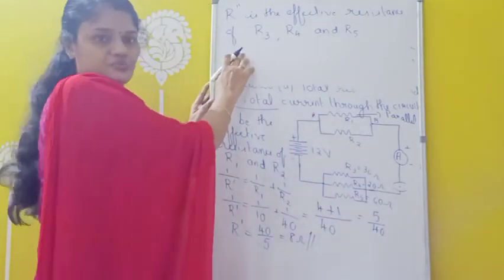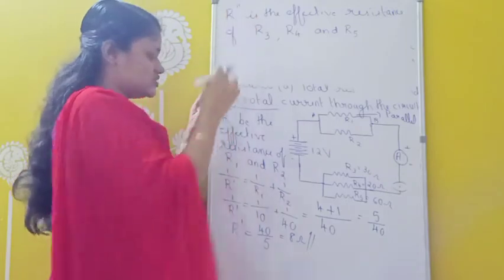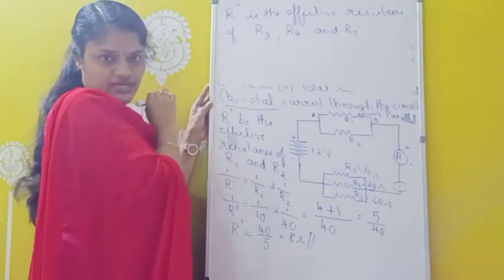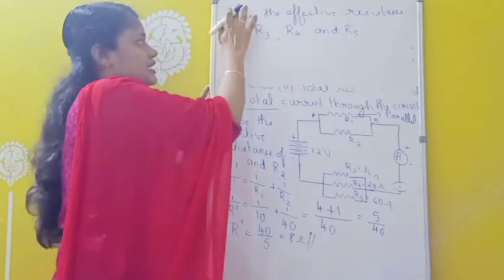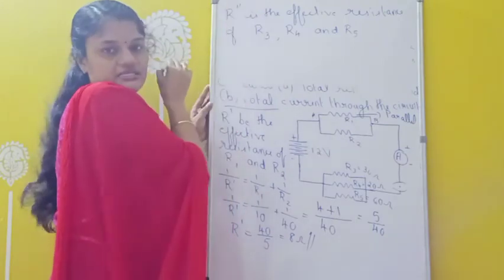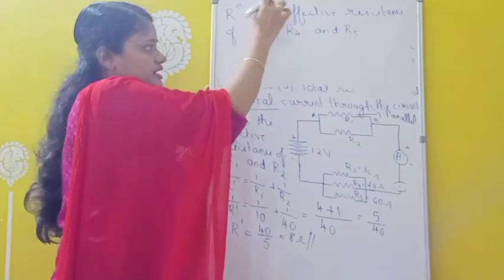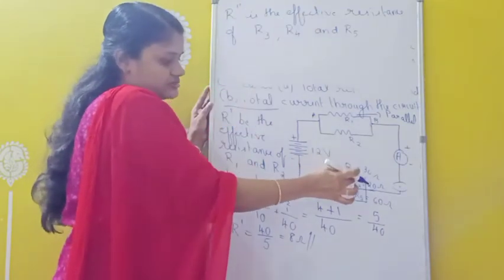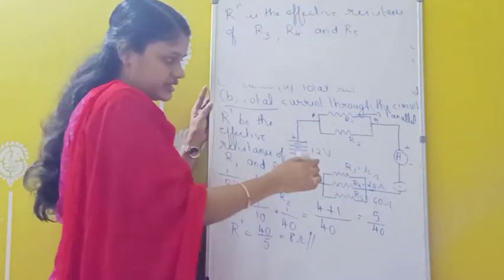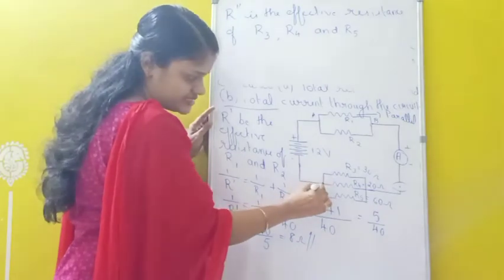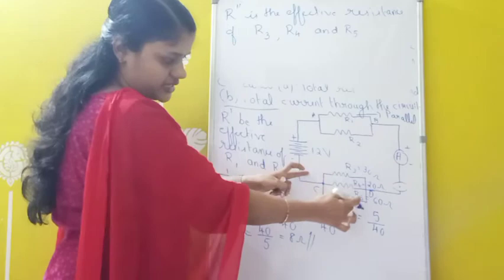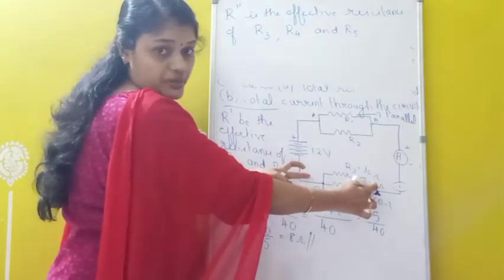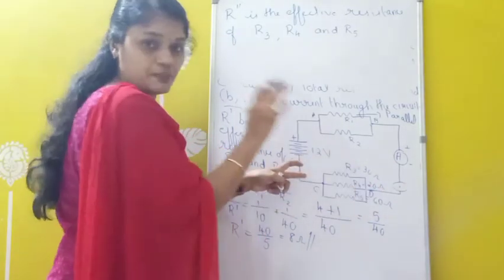Okay. So now suppose I am taking R double dash. So this one I am taking is R dash. That is the effective resistance of R1 and R2. Now this R double dash, I have to give some name. That is why I am giving R double dash. So R double dash is the effective resistance of R3, R4 and R5. And here also suppose I am taking these two terminals as C and D. And here we are connecting this R3, R4 and R5 between two common terminals. That means these three are in parallel now.